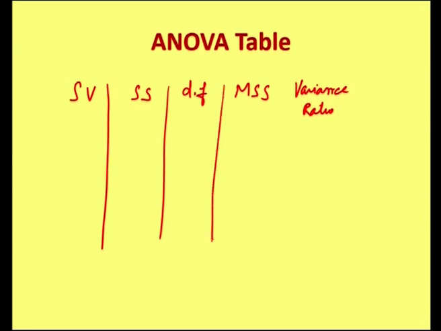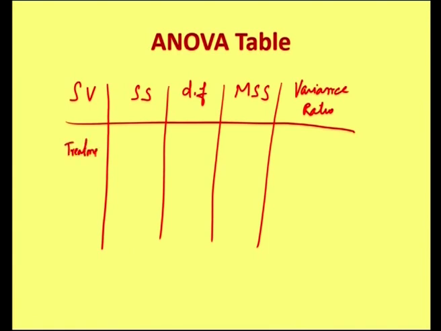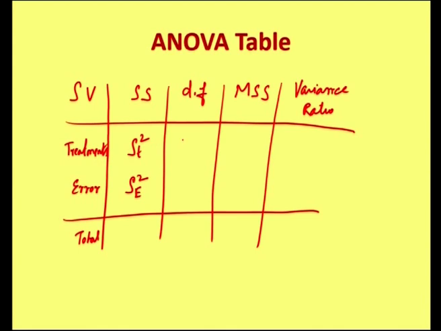So, under sources of variation we have treatments or ration, error. Combining these two we will get total. Sum of squares due to treatments is denoted by capital ST squared and this is capital SE squared. Here the degrees of freedom are k minus 1, n minus k and n minus 1. Total sum of squares is denoted by capital ST squared, and mean sum of squares, as I mentioned, is